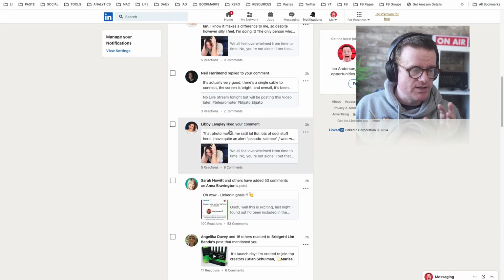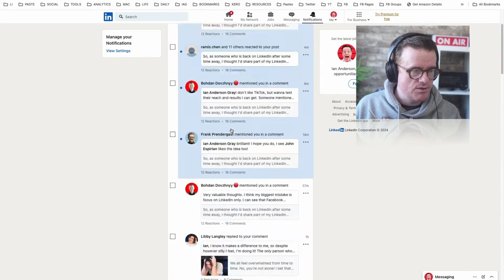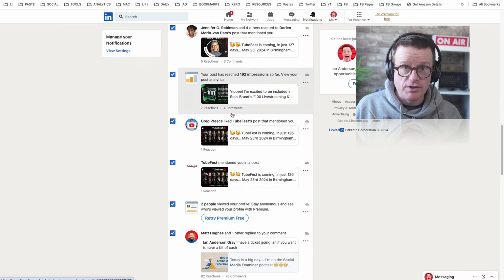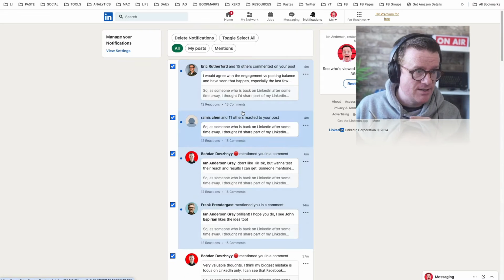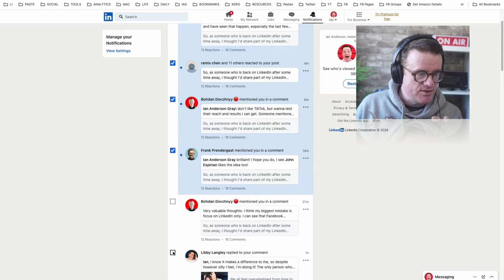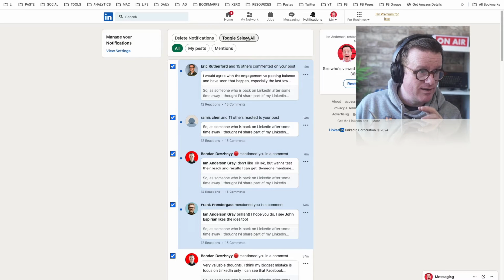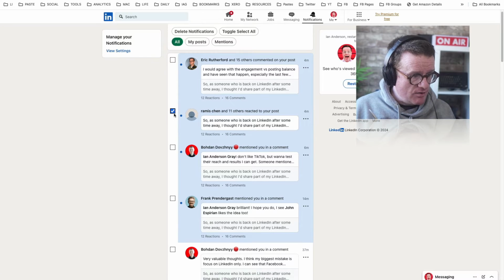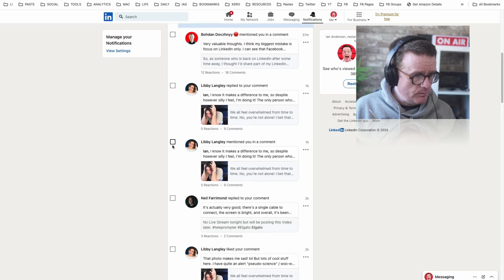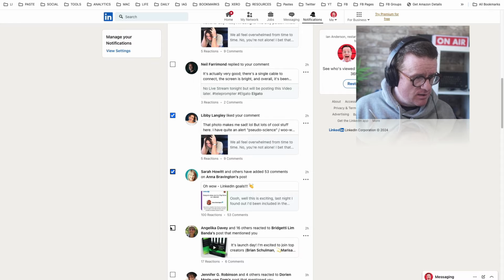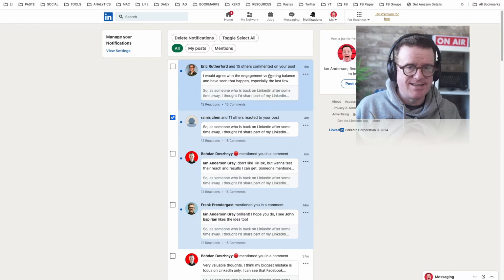And to the left of these notifications, we have these check boxes. So the nuclear option is to click on toggle select all, and all of these are checked, and I could then just delete all of them. I'm not going to do that in this case. However, it's useful to do this, and then I can maybe uncheck some of these. So if most of them you want to delete and you want to keep a few, then that's probably what you do. But I'm going to click on toggle select all, so I've got all of them unchecked. And I'm going to check that one because I haven't dealt with that one. And I'm going to get rid of some of those. Okay, I'm just going to use those as an example.